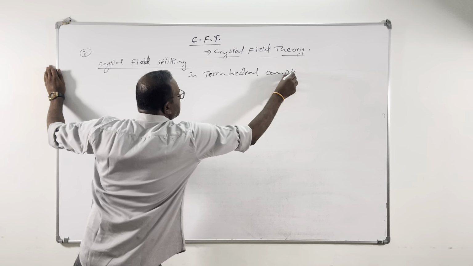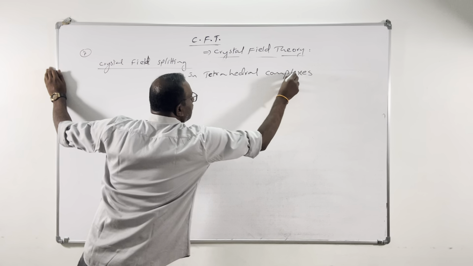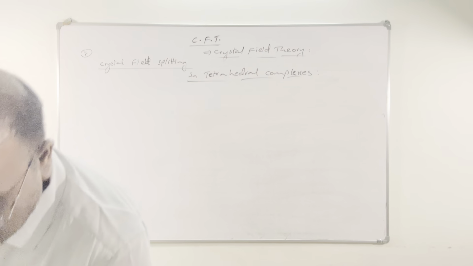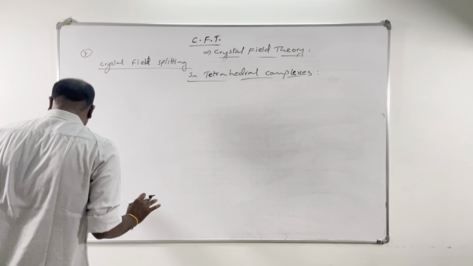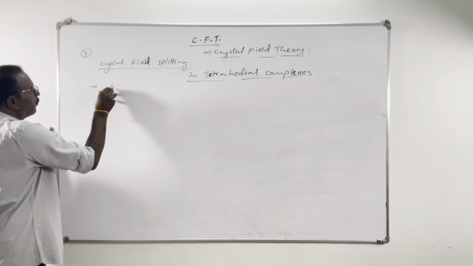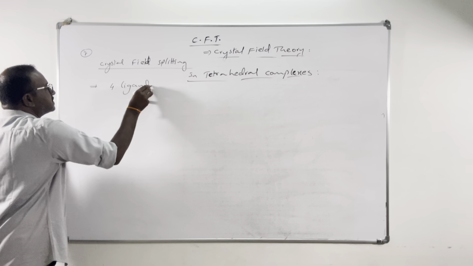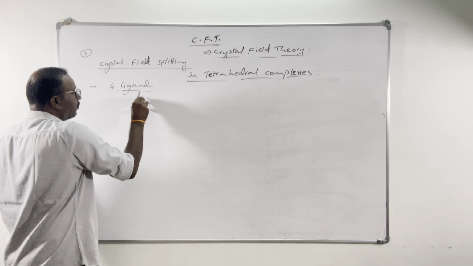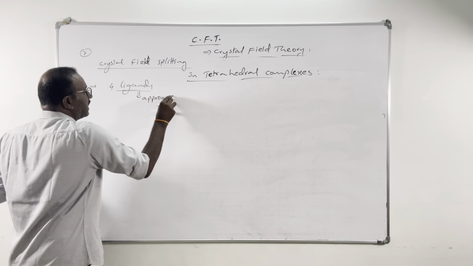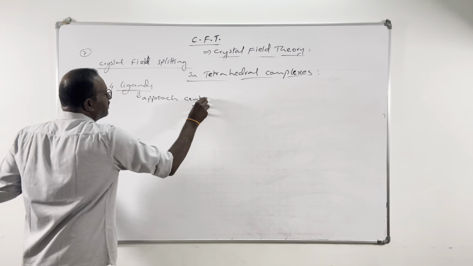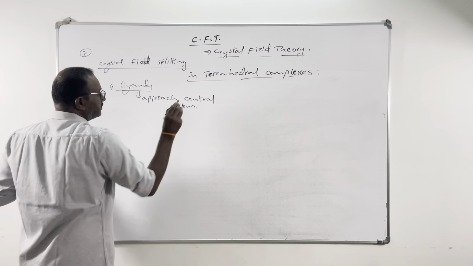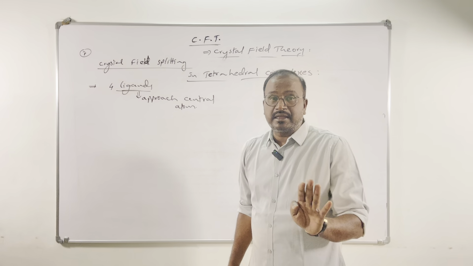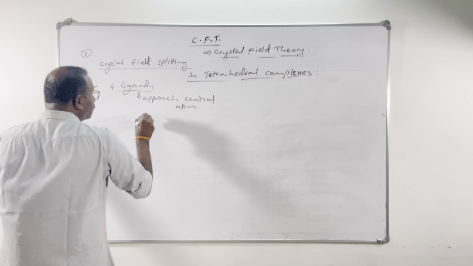Crystal field splitting in tetrahedral complexes. How does crystal field splitting take place in a tetrahedral complex? Let us see. First thing, in a tetrahedral complex, 4 ligands, not 6, approach the central atom by primary interaction. Due to primary interaction between metal and ligand, four ligands approach the central atom